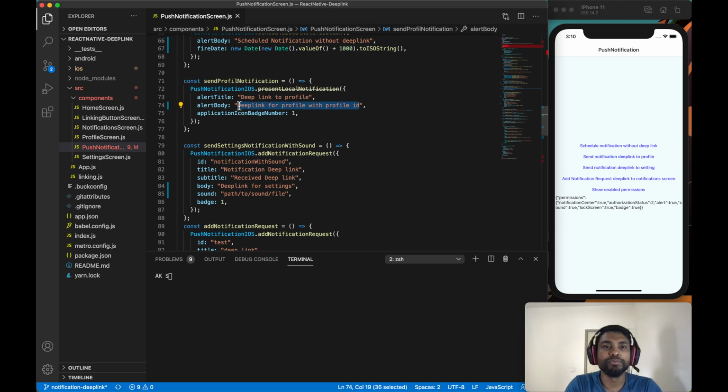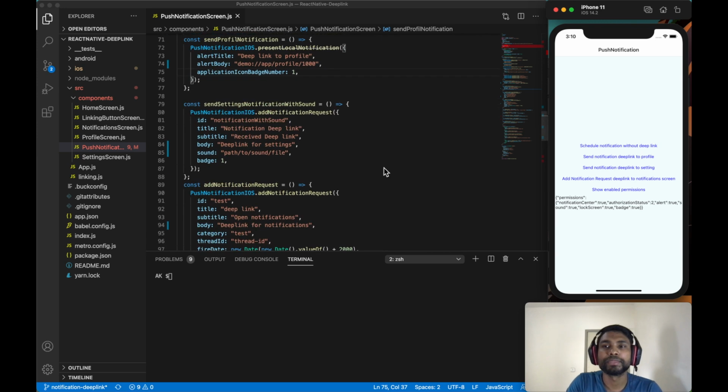So I'll just remove this alert body and put my deep link URL to profile with some profile ID. I'm saying 1000. When I save this, my app refreshes itself. If now I click on send notification deep link to profile, it shows my deep link URL here. But nothing happens when I click on these notifications.